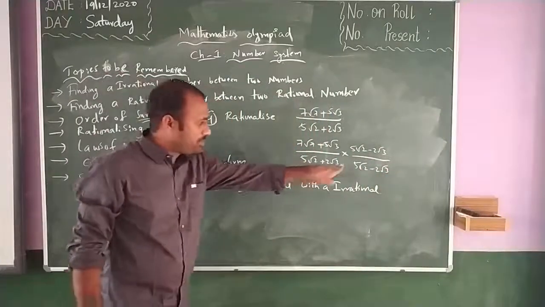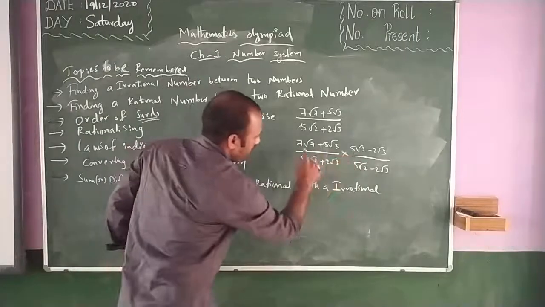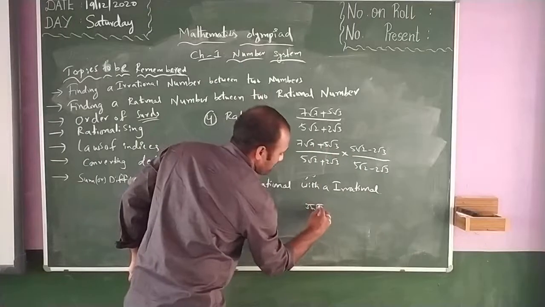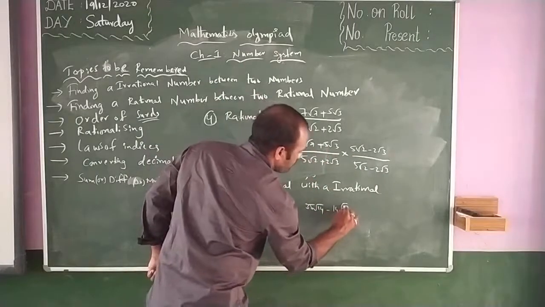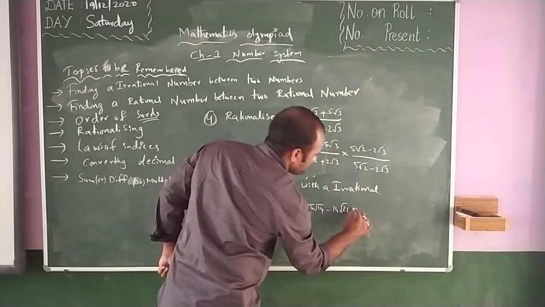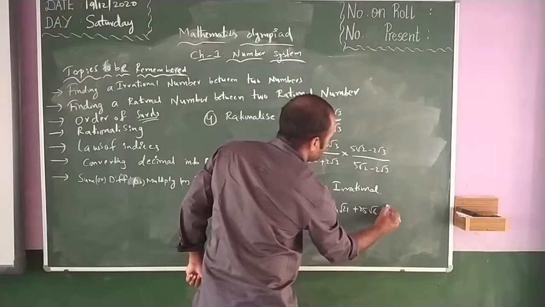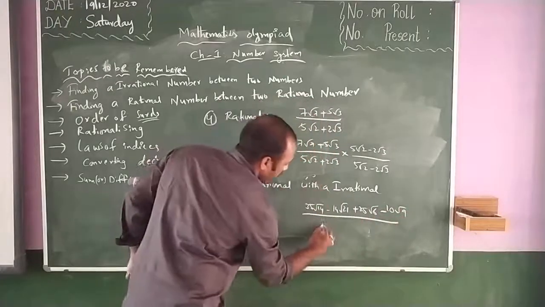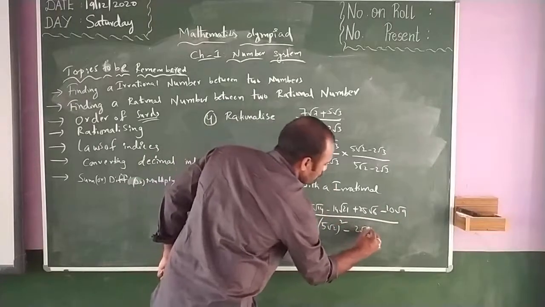So here if you observe the denominator, it will be in the form of (a plus b) into (a minus b). So let me multiply the numerator: 35, 7 fives are 35 root 14, minus 14 root 21 plus 25 root 6 minus 10 root 9, divided by a square, that is 5 root 2 whole square, minus 2 root 3 whole square.